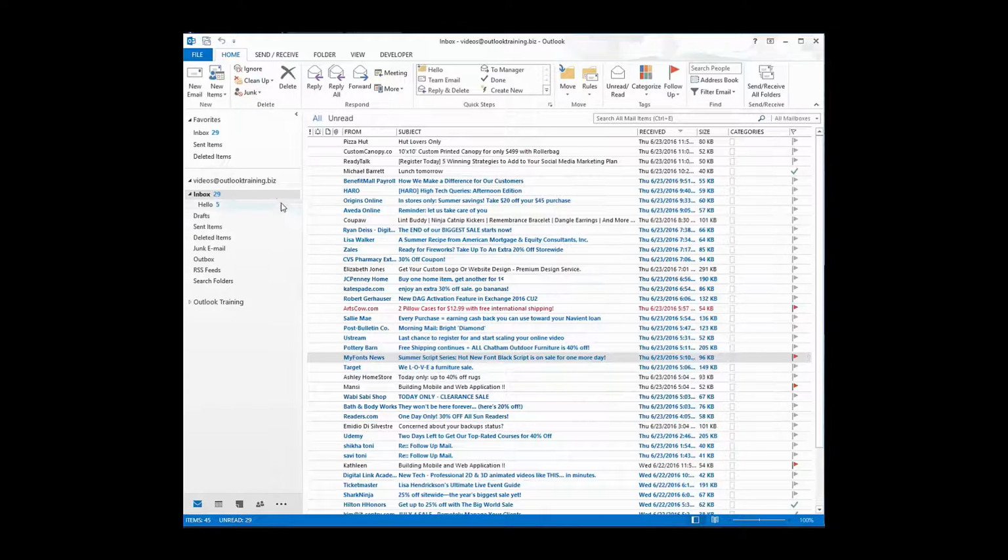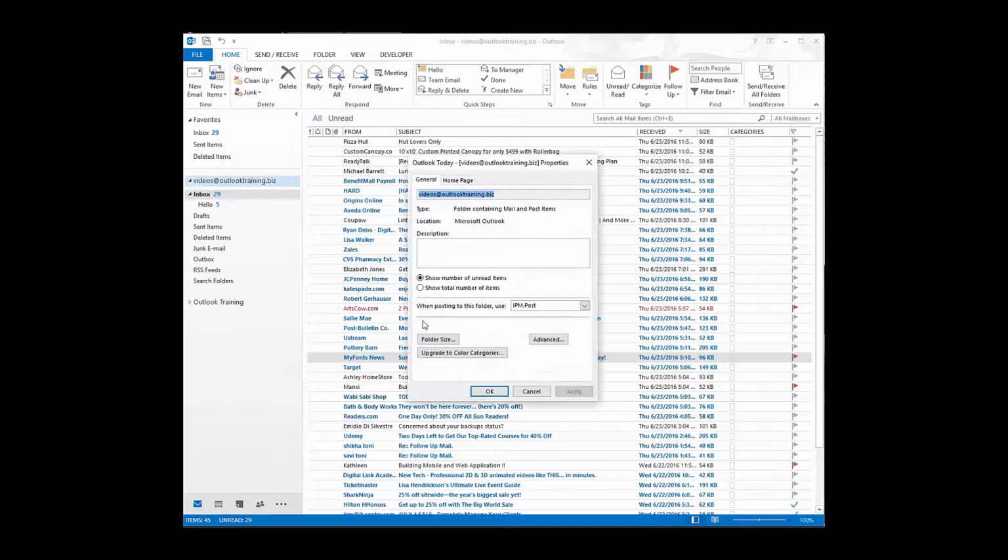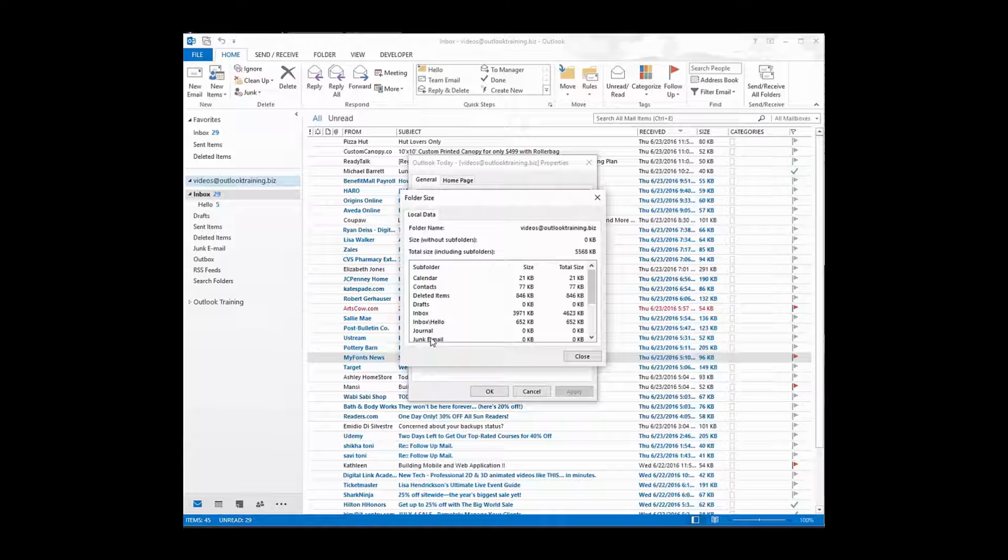Next thing I'm going to show you is take your mouse and right click on your mailbox right here and go to Data File Properties. And then click right here on Folder Size. Now when you click on that and you see a box pop up and it says calculating, that means that you have a lot of folders and a lot of mail. And if it's calculating a long time, you have a lot of mail because it has to go through every single folder. So what I tell folks, and you can scroll right here, is to go see what folders you have,